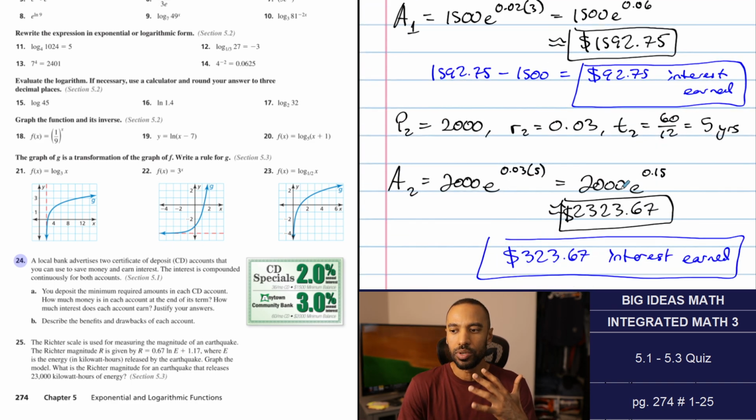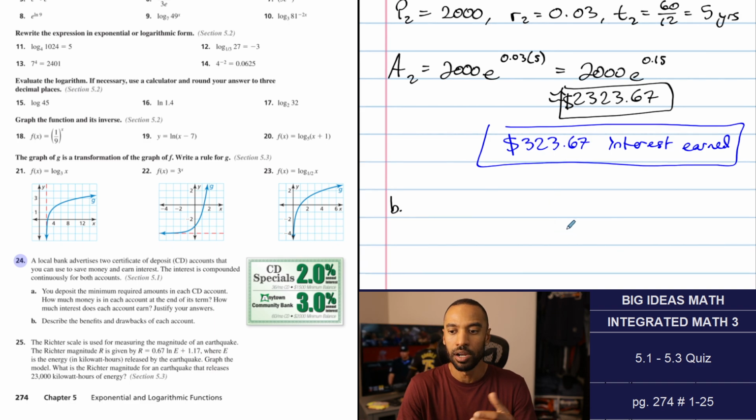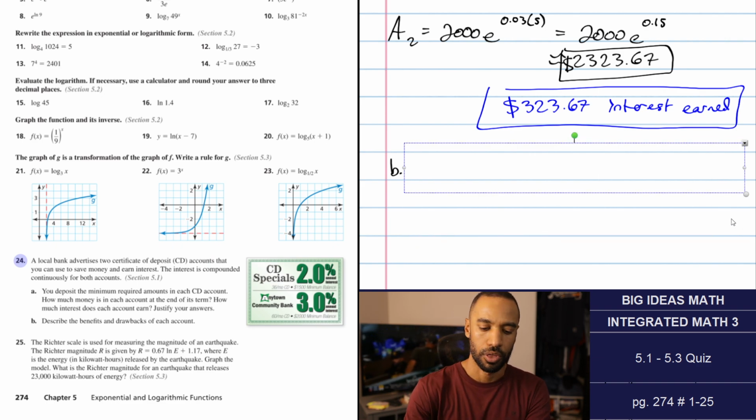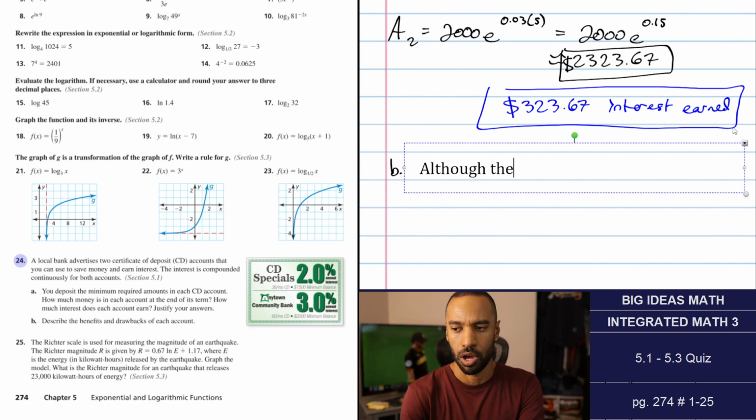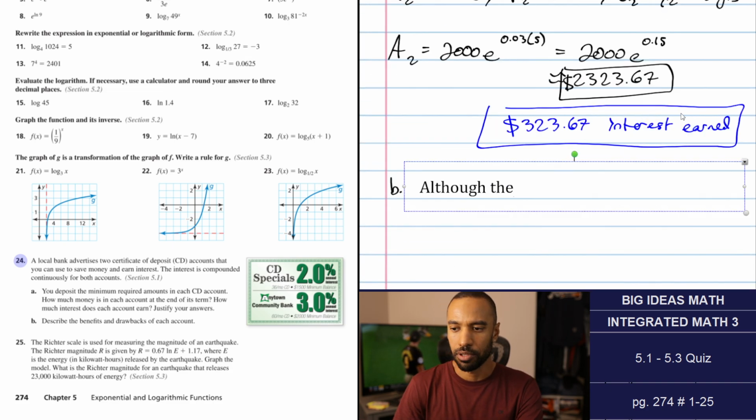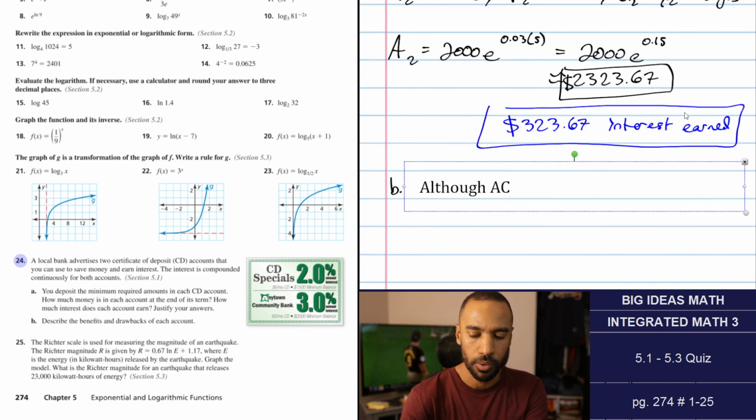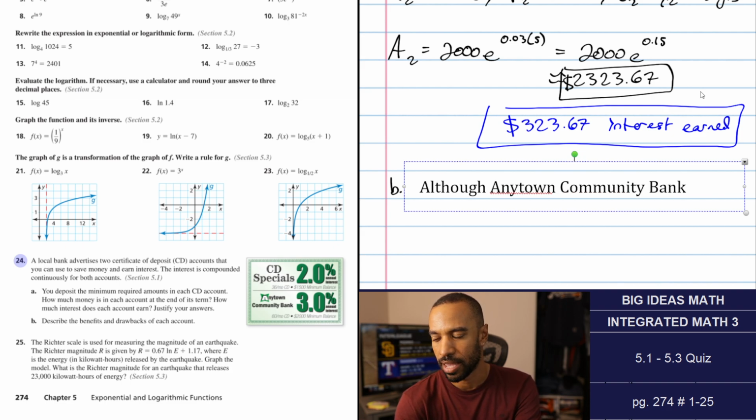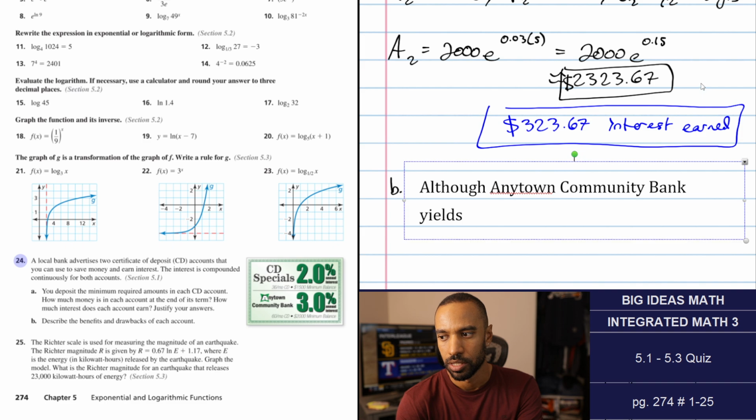So although you get more money from this one here, it's significantly more of a difference, you need to invest more money, and you need to keep it in longer. So although the second account, Anytown Community Bank, I'll just call it ACB, actually I'll type it because you might be having me on mute. Although Anytown Community Bank yields a higher difference, a higher interest rate,